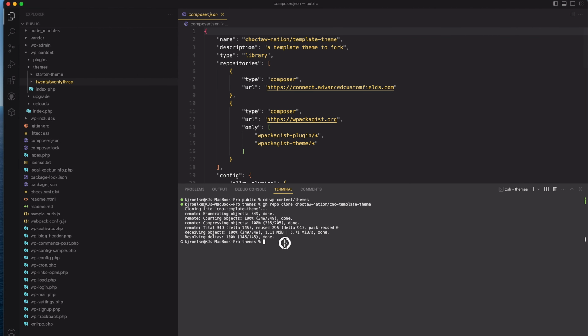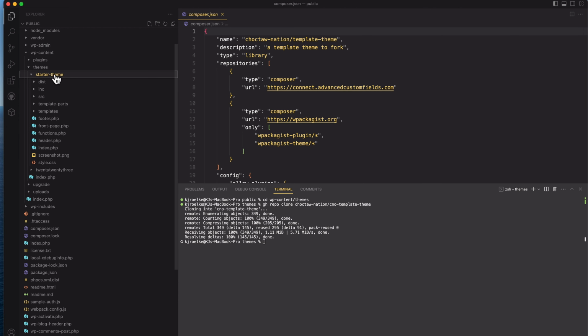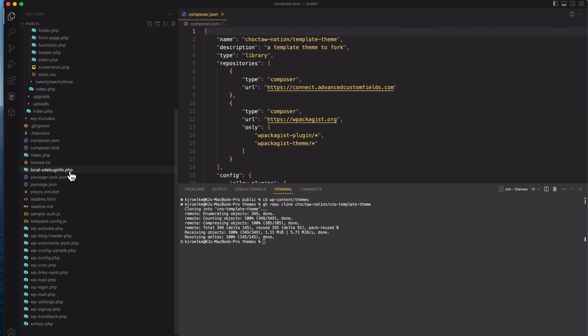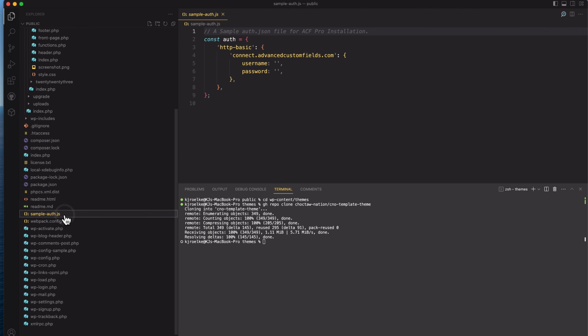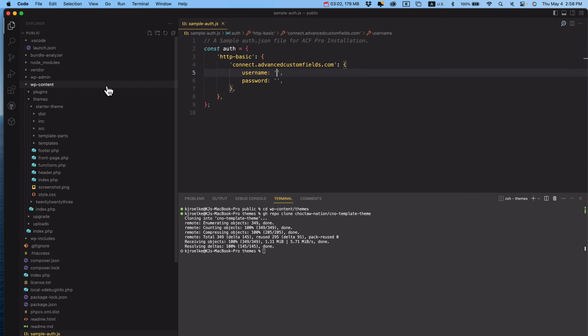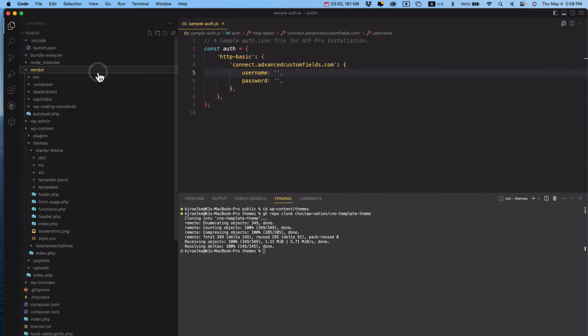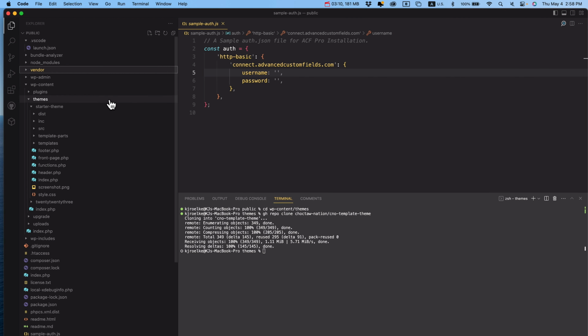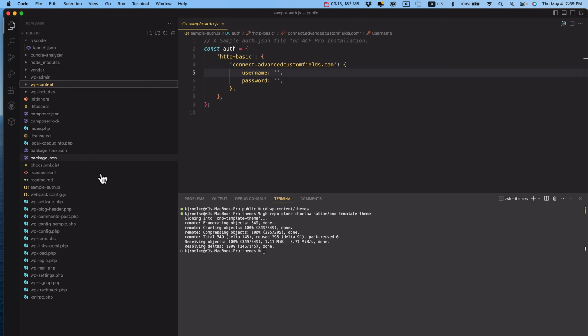Speaking of hollowing things out, so once we get here, you've moved starter theme into your themes, and you've moved all those. So you got package.json, composer.json, webpack config, sample auth. So this actually just needs to be called auth.json for ACF Pro installation. That's where you're going to put the username and password in your ACF. You can find that in the account right before you download the plugin. That's just so that you could install it with Composer. You totally don't have to do that, but it's there if you want it. The main thing Composer is going to be good for is coding standards. Same thing with